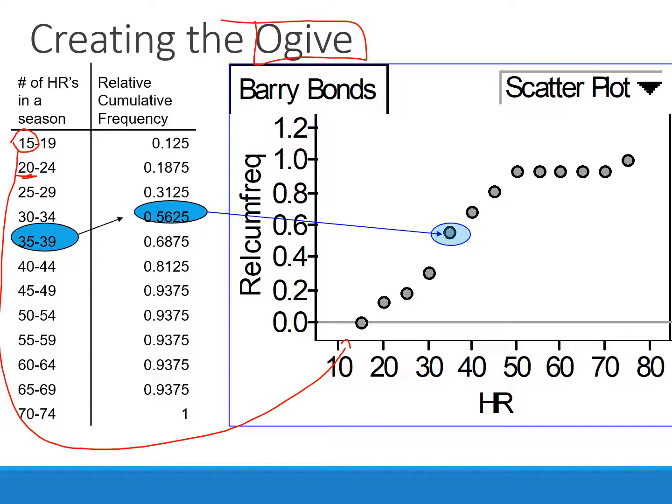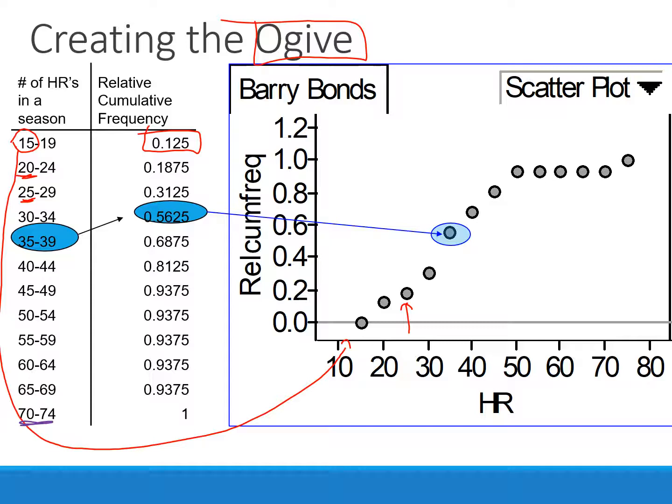Okay, and how many seasons did Barry Bonds hit less than 20 home runs? Okay, up to and including 20 home runs. And that would be this number right here. He's hit 12.5% of his seasons. He's hit less than 20 home runs, which would be this dot. Okay, next one would be 25. And how many seasons did he hit 25 or fewer home runs? 18.75, which would correspond to that dot, on and on, until we get to the very last number in our